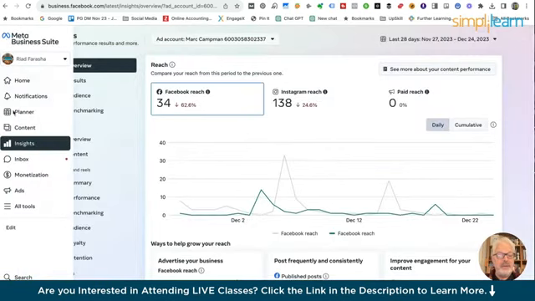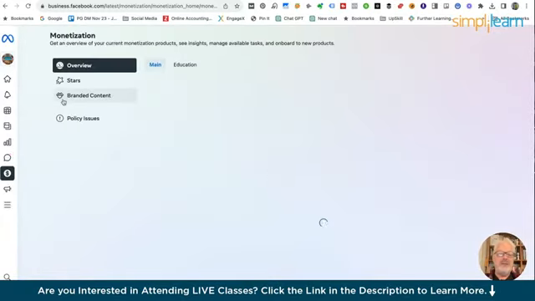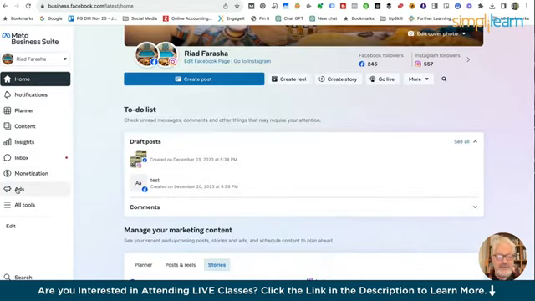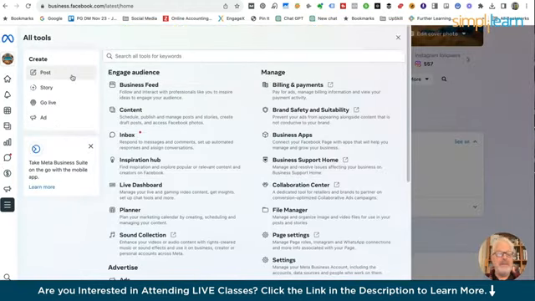Let's go back to the inbox. Here is your email inbox. Here is info about monetizing your Facebook, Instagram content through advertising. And what else have we got? We're talking about advertising, and here are all your tools, as we saw. The tools are about getting active in your Facebook and your Instagram. So there's a section about creating posts and stories and ads and